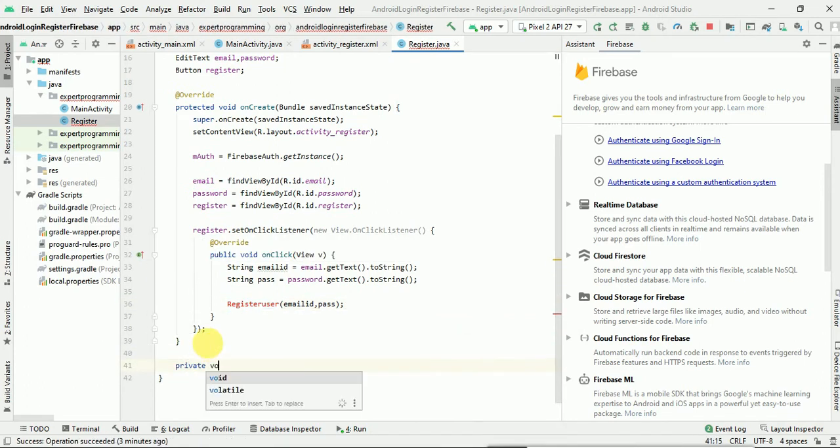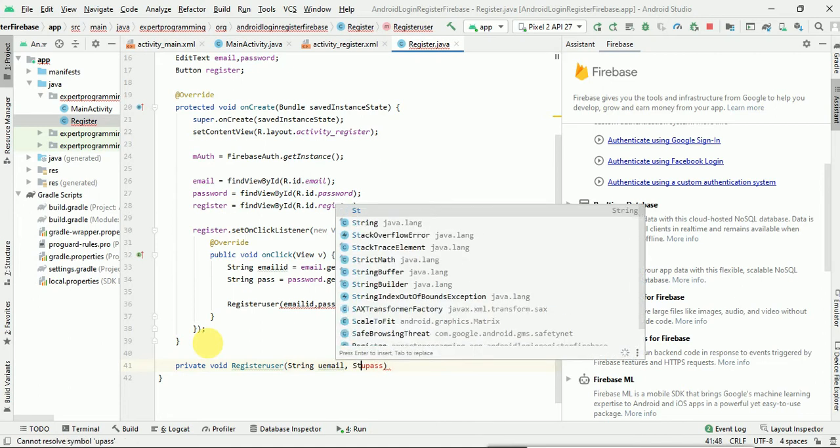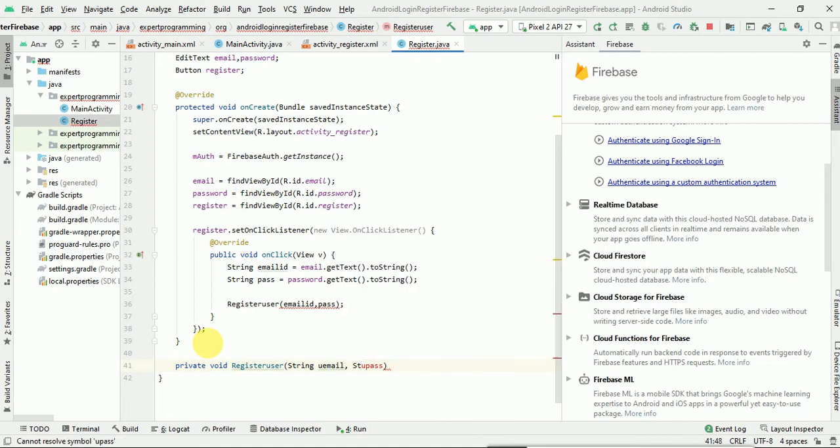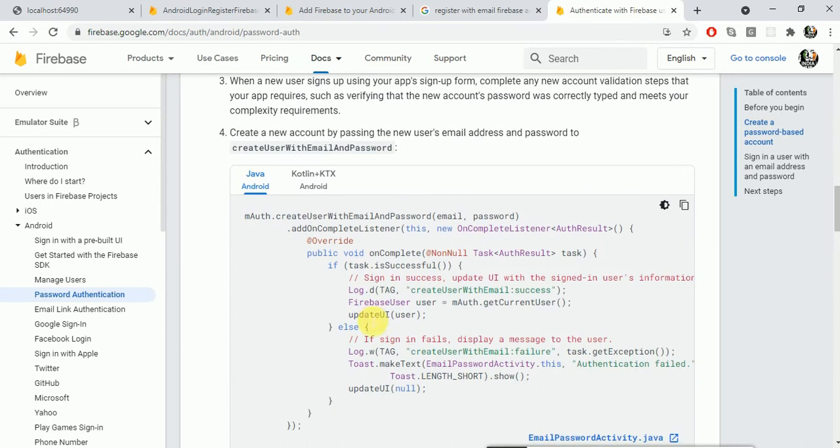So private void registerUser, and we'll pass a String uemail, that is user email, and String upass, that is user pass. And after that, if you see here in the code what it's saying, mAuth.createUserWithEmailAndPassword.